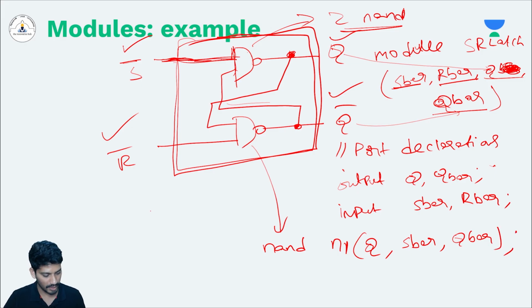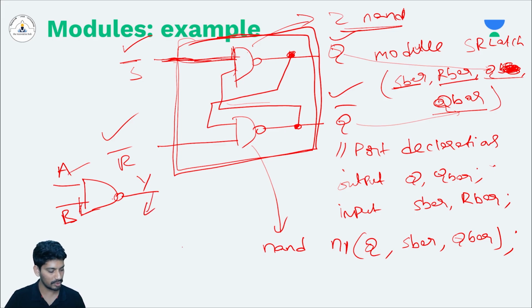This is one NAND gate. The NAND gate takes output Y, inputs A, B. So in Verilog, we first write the output node and then the two input nodes. That is what I did here. First I wrote the output node Q, then the two input nodes S bar and Q bar of this NAND gate